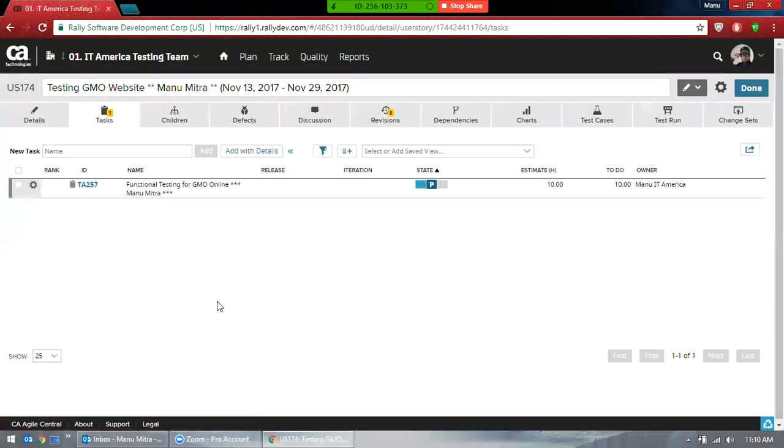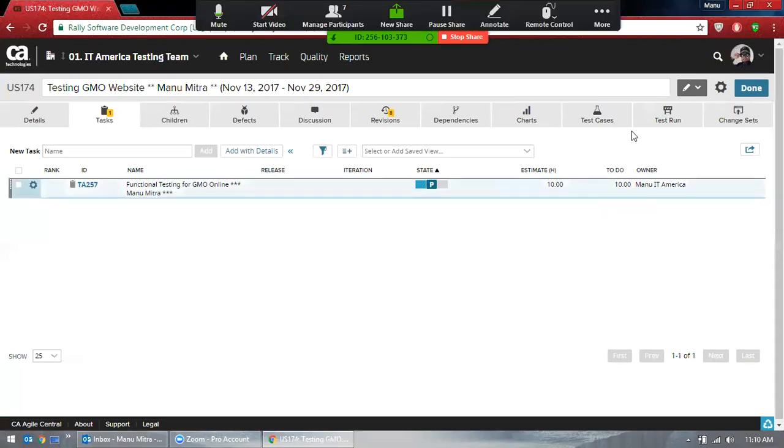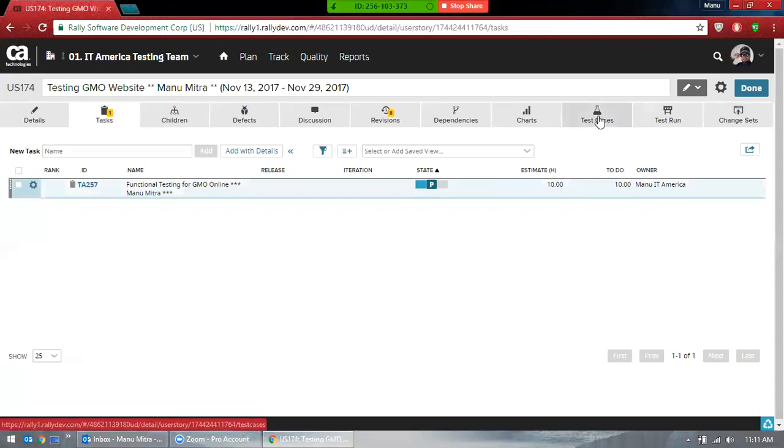Normally you can create it yourself, or technically anyone can create it and assign it to you, like a Scrum Master, Project Manager, Manager, or Lead. As a matter of fact, a Lead can also create tasks and assign them to you. They'll say, hey, just test this, and this is the timeline you need to complete it in. You cannot exceed this. They might even say that to you. So that's about tasks. Any questions? Let's go pretty quick here because we'll be running late, so let's go to the test cases.